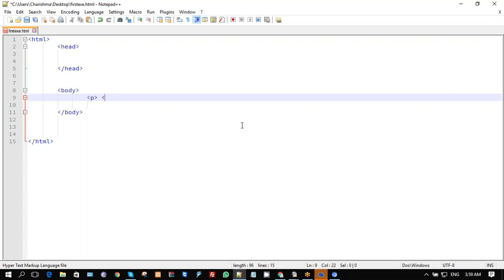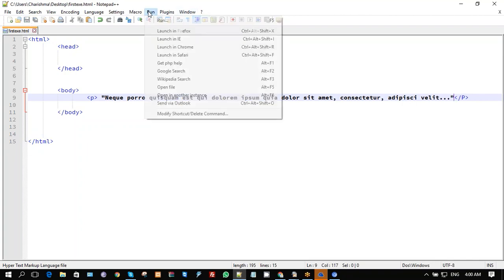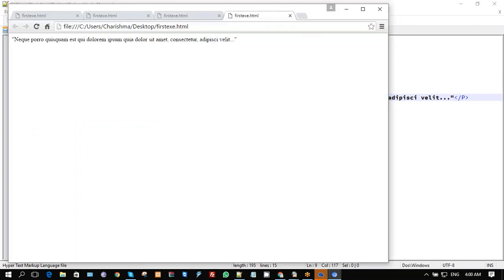Let us close it now immediately, and we closed it, and we need to write the content here for the paragraph. I'm using some dummy text. Okay, yes, so this is our paragraph and I'm using some dummy text. It means nothing, and I saved it. Let us run this in Chrome. So this is the paragraph tag,